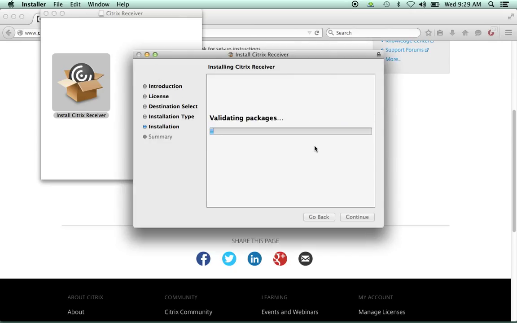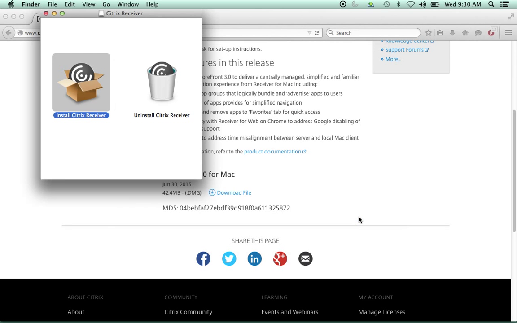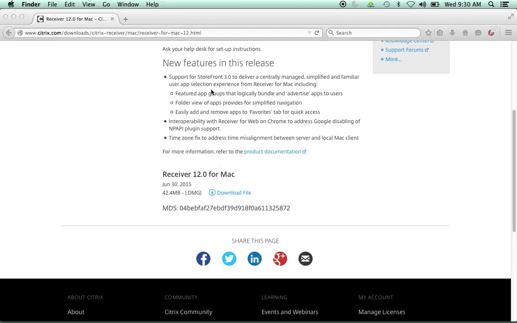Now this process is only something that you have to do once. Once the receiver's installed, you probably won't ever have to revisit this unless they release a newer version and you want to install that. Okay, so the Citrix receiver is installed, and now we're going to